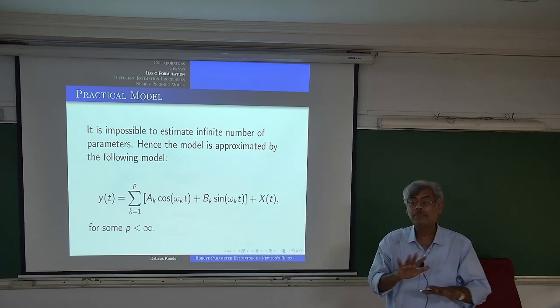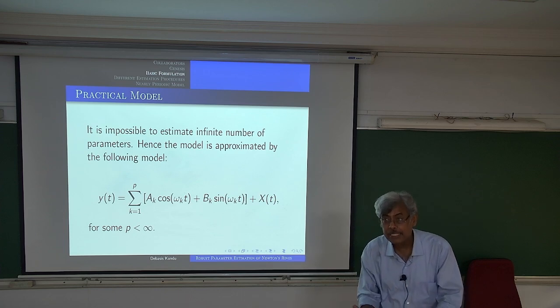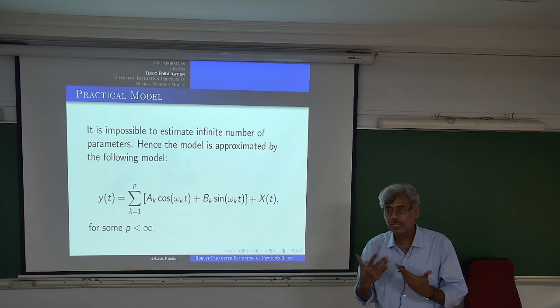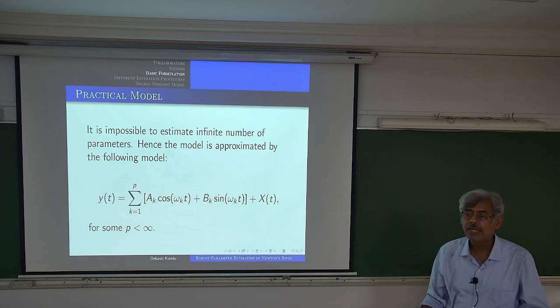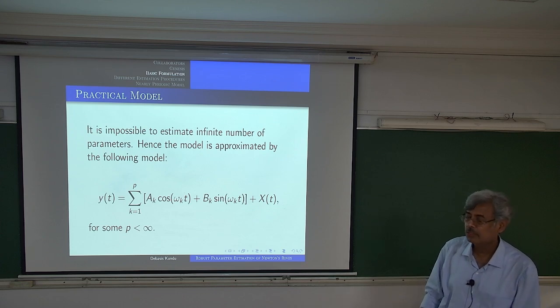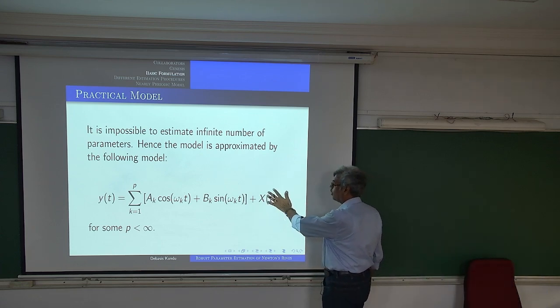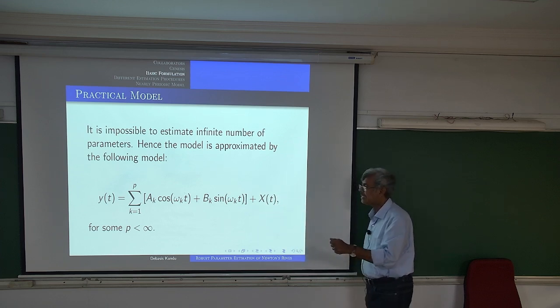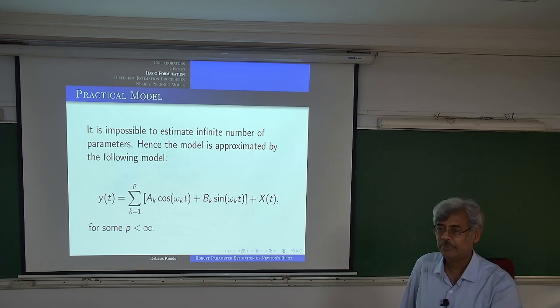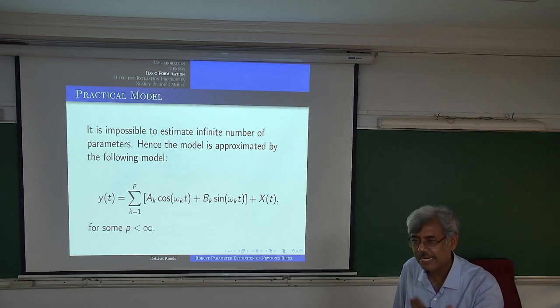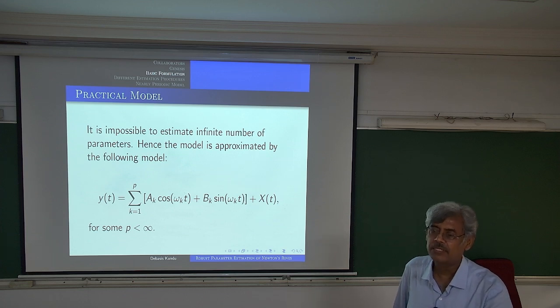I do not know the exact value of the capital X, but I know that, suppose it's a Gaussian one with mean 0 and variance something. So I know this xt in the sense that I know its form, that it's a Gaussian noise maybe. They are all independent, or it may have certain structure.